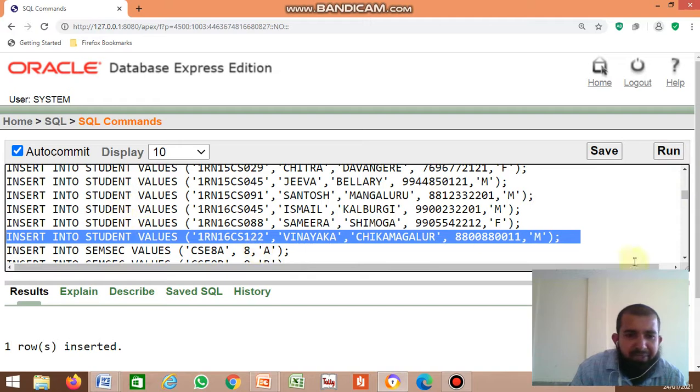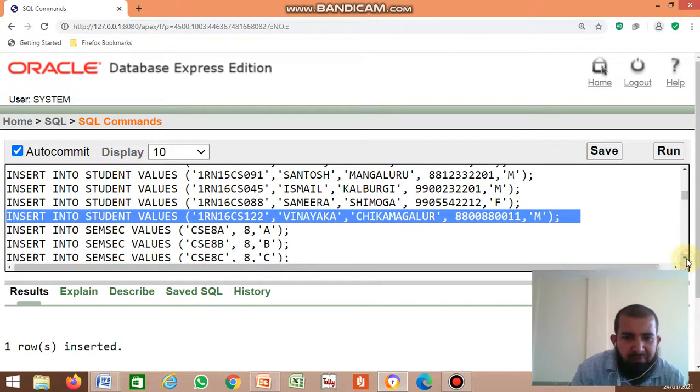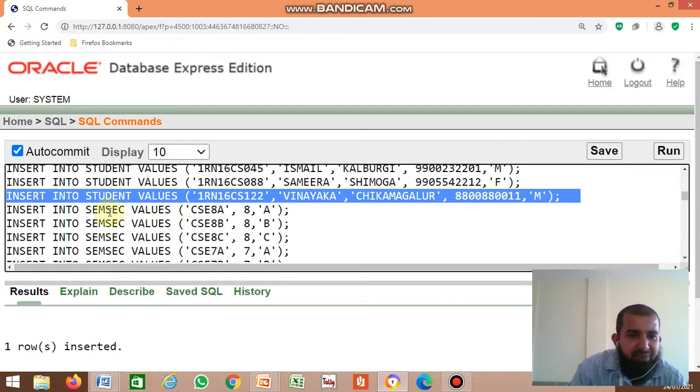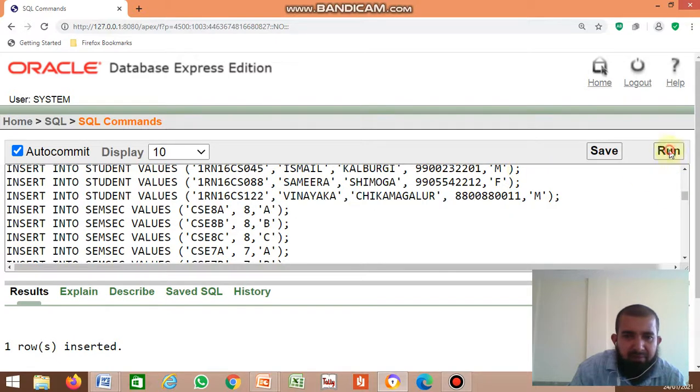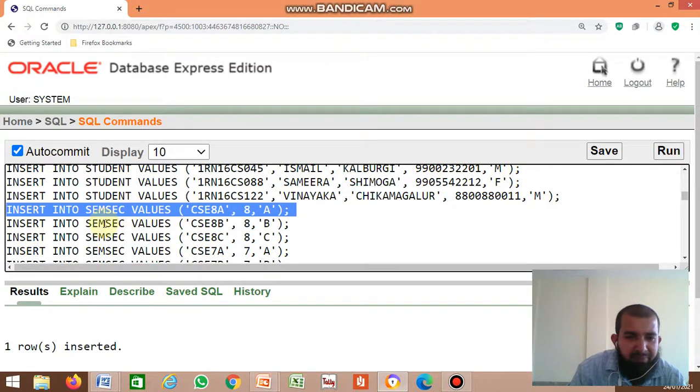Okay, now the student table is all created. Next, the SEM-Seq table. Just insert the values into the SEM-Seq table.